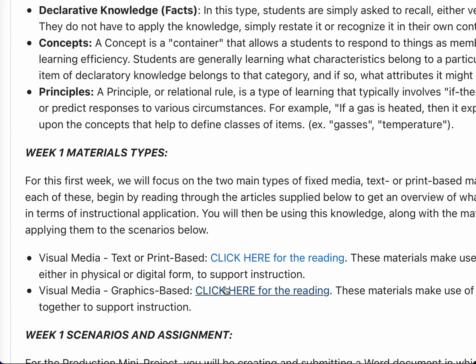So for this first week, we're going to be working with visual media, but static visual media. So these are the most basic things: text and graphics. Not animations, not movies, but just basic text, sort of handout types of things or web page kinds of things, and graphics. So charts, pictures, graphs, any of those types of materials. Those are going to be the two types of materials that you're looking for in support of our three